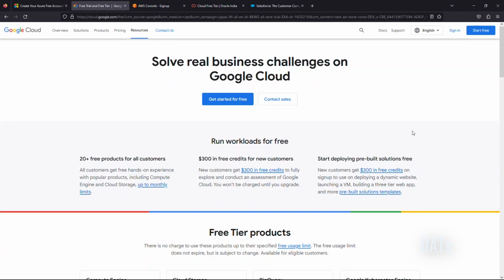My journey starts from Google Cloud. This is also known as Google Cloud Platform, GCP. This is a cloud offering from Google. You can solve any real business challenges on Google Cloud.